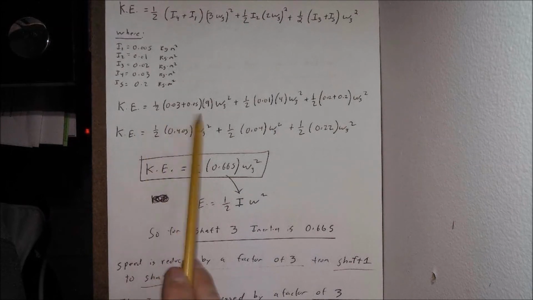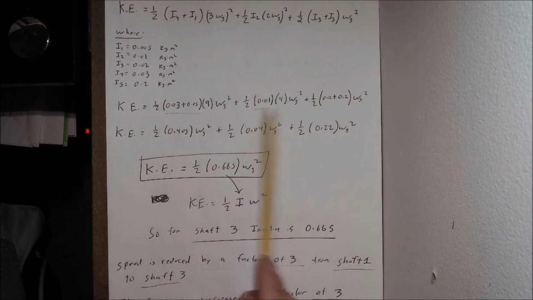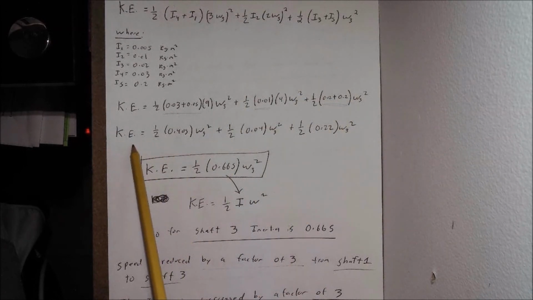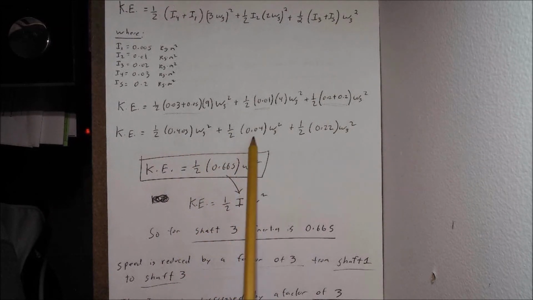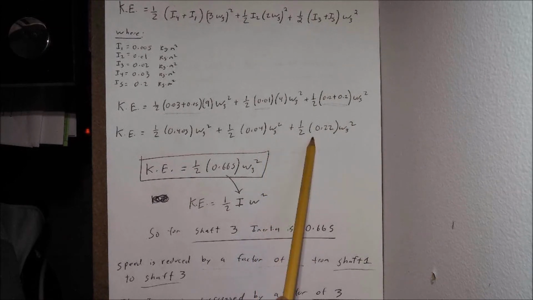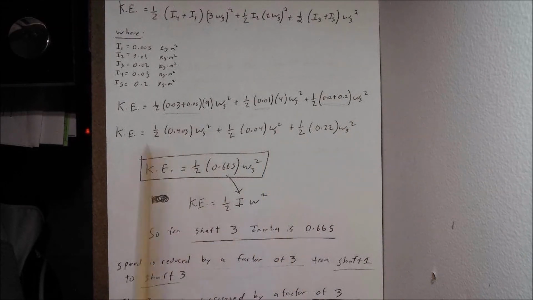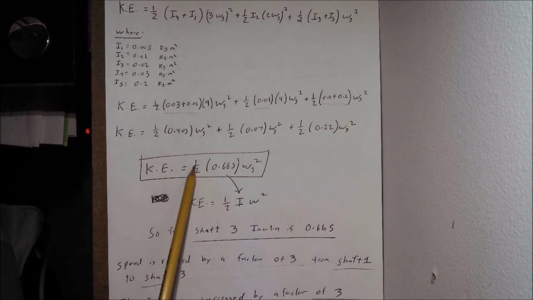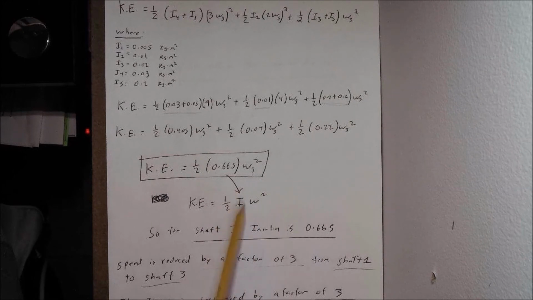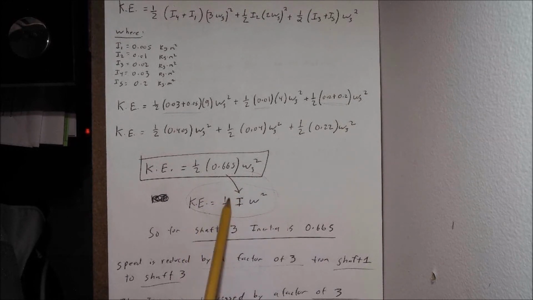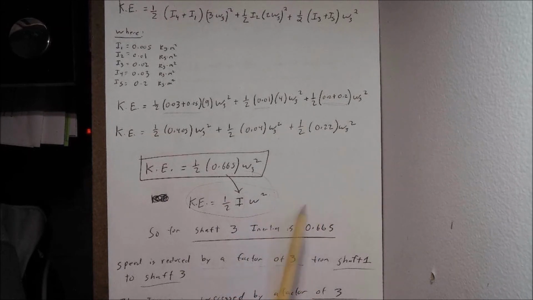And plug those in where they belong into that equation for my kinetic energy. I do that there, and I end up with this relationship here once I plug in for all of my I terms with those numeric values there. From that, I can combine them, simplify. It comes down here now to my kinetic energy is equal to 1/2 0.405 times omega 3 squared plus 1/2 0.04 times omega 3 squared plus 1/2 0.22 times omega 3 squared. Combine these all together now, and what I end up with, so you can see there's an omega 3 squared on each of those, kinetic energy is equal to 1/2, sum these all together, 0.665 times my omega 3 squared. Or if I go back to my general equation for kinetic energy is equal to 1/2 I times omega 3 squared. So my value for I, for my shaft 3 on the output there, is going to be equal to that value of